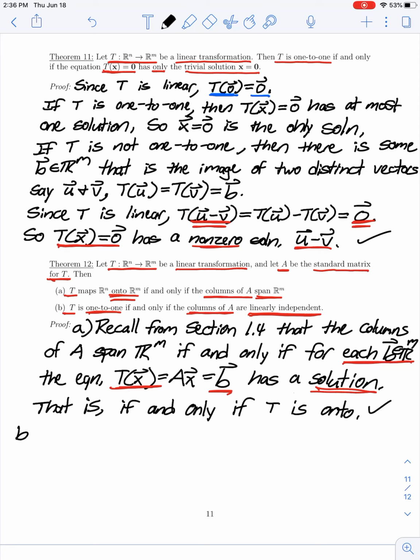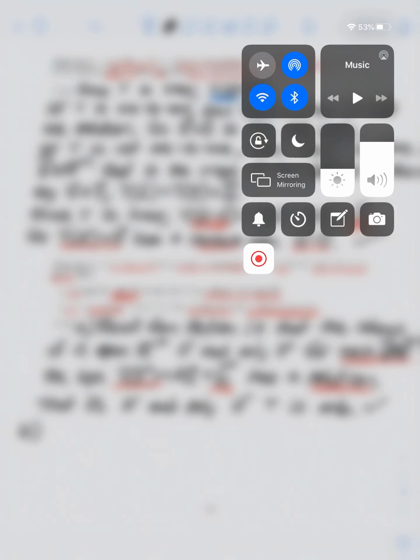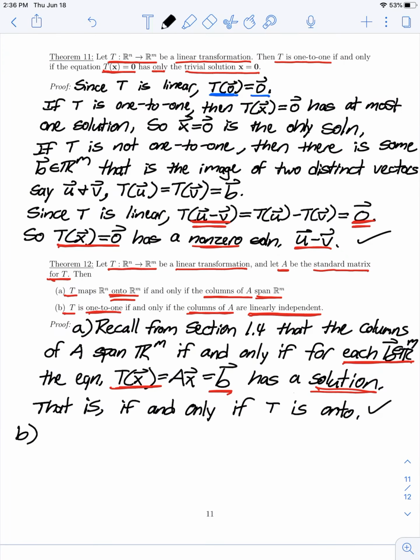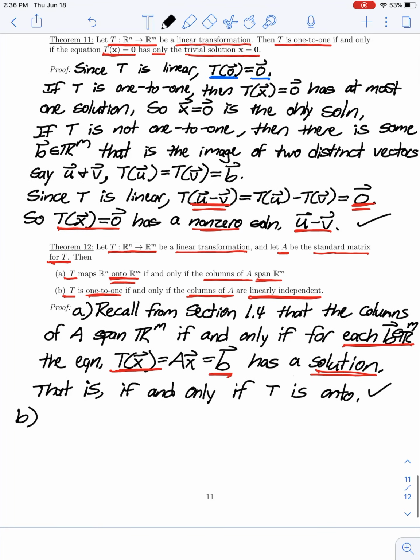Now for part B of this theorem, we have T is 1-to-1 if and only if the columns of A are linearly independent. So recall from the theorem that we just proved, Theorem 11,